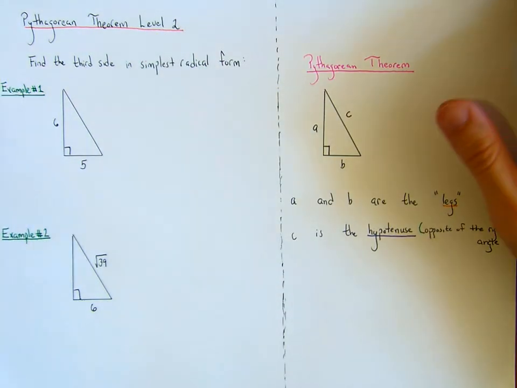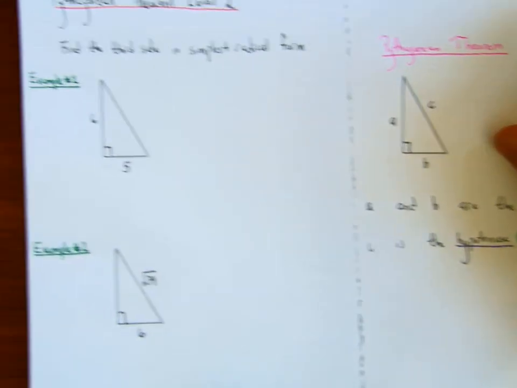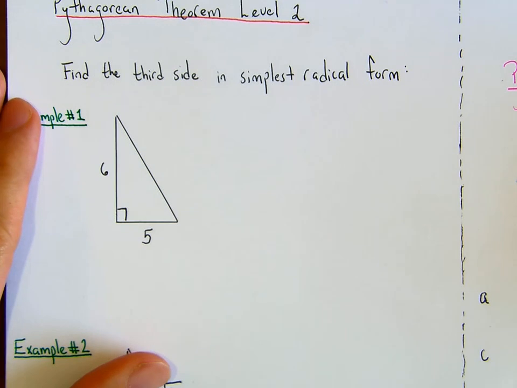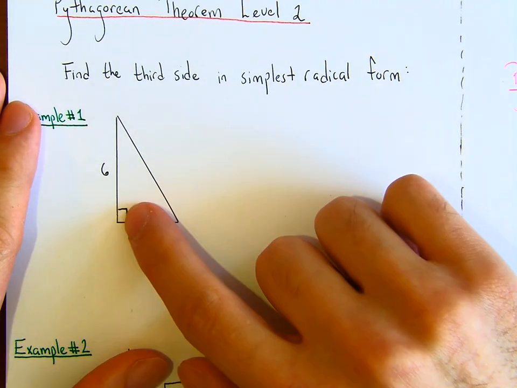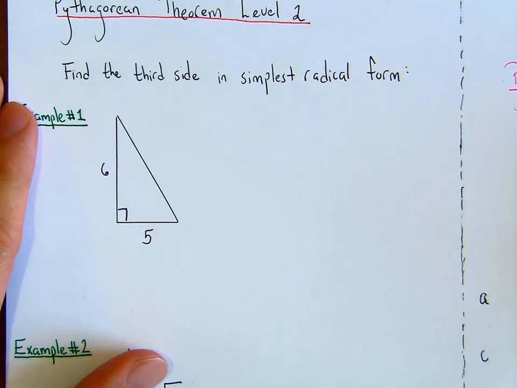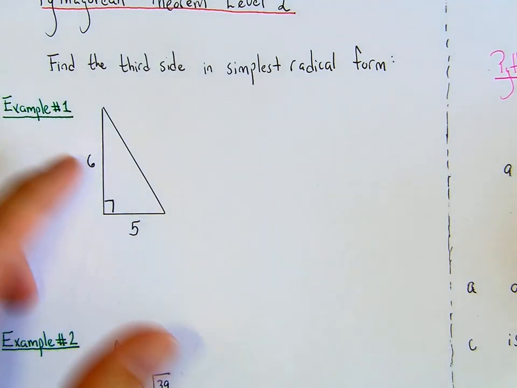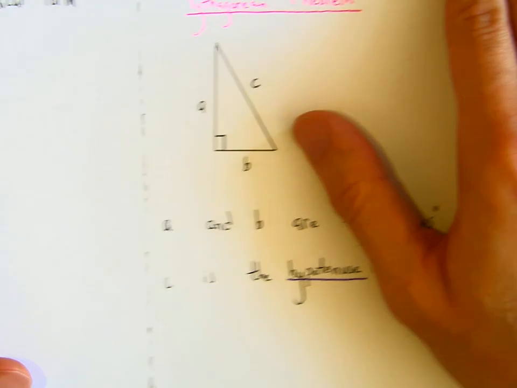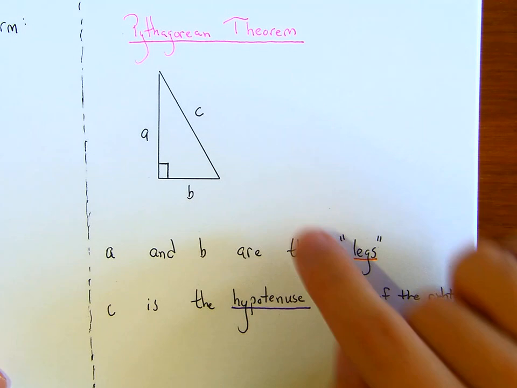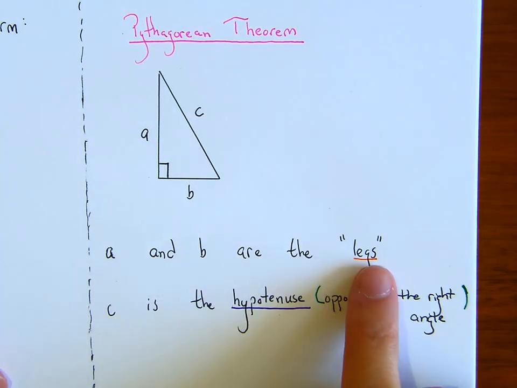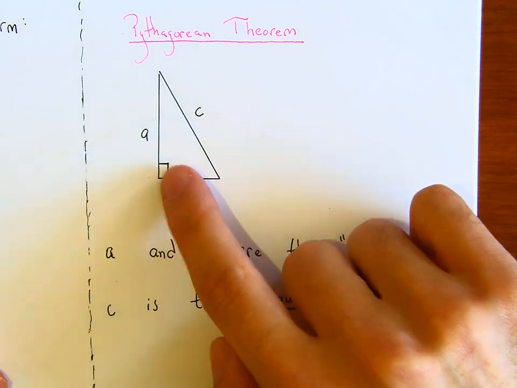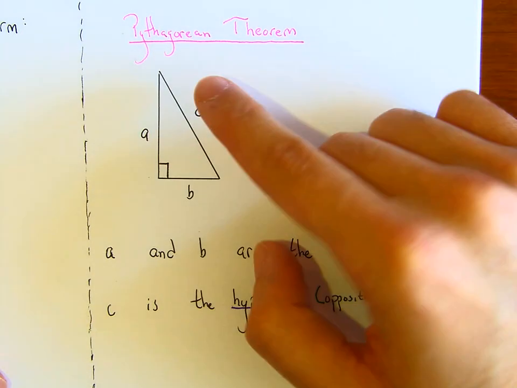So here, what this question is saying, for example, number 1, is that if you have a triangle over here, and you know it's a right triangle, what is the missing side? So you have to find it in simplest radical form. So the idea is that if you have a triangle such as this, let's take a look at the Pythagorean theorem, and please have this in your notes, that if you have a triangle such as this where A and B are the legs, and the C is always opposite of the right angle,